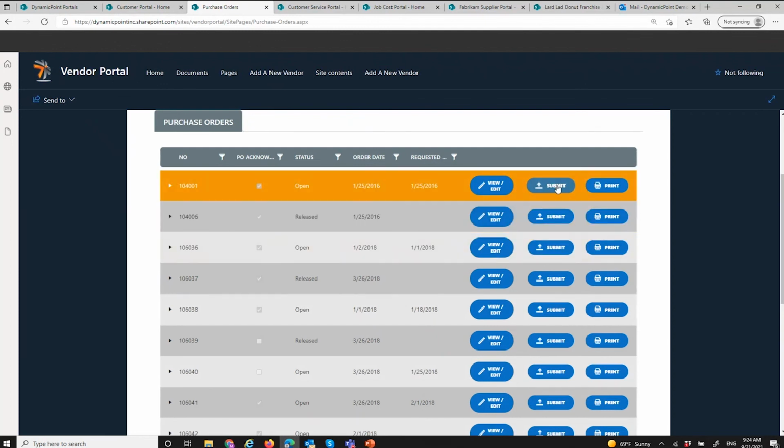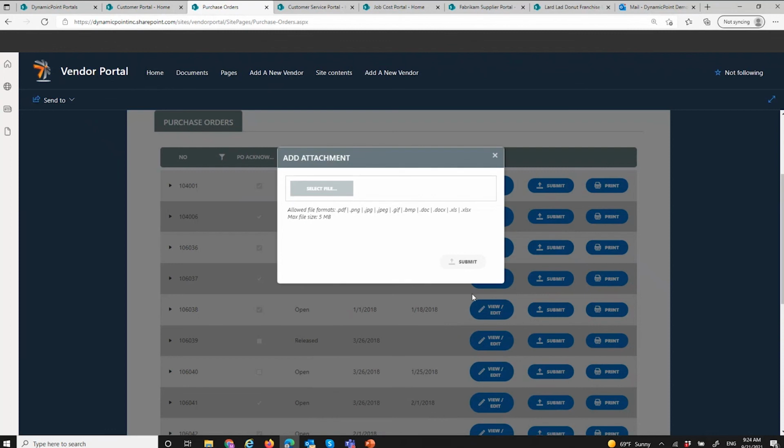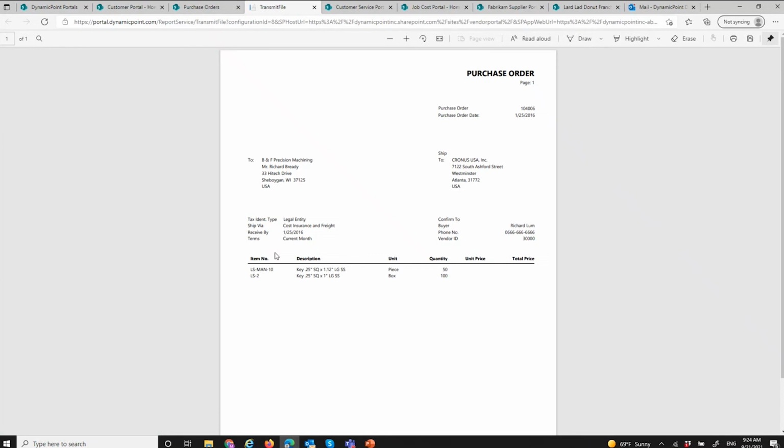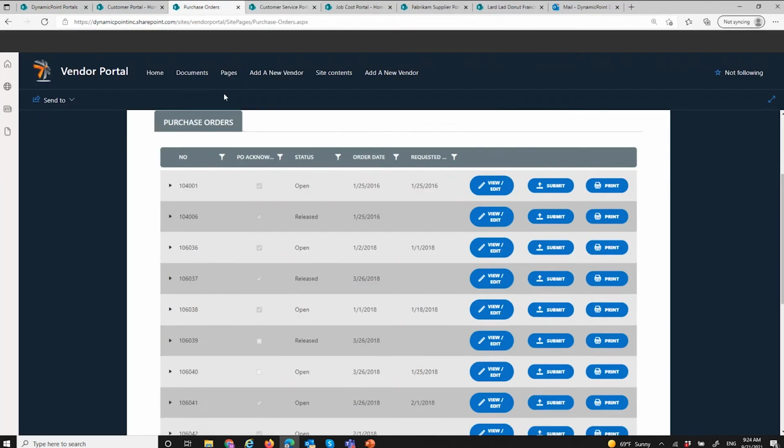In addition, I've also included the ability for them to add documentation. So by me clicking that submit button, you can see here, I could go ahead and browse directly to my computer and then pick whatever I want from my downloads and then upload that directly to the portal and include that on whatever PO exists within Business Central. If I click on the print icon here, again, we're going to call an underlying report, right? This isn't a report that we've created. It's just one that we're calling directly from the ERP application. But of course, it's the PO report as opposed to the sales order report.